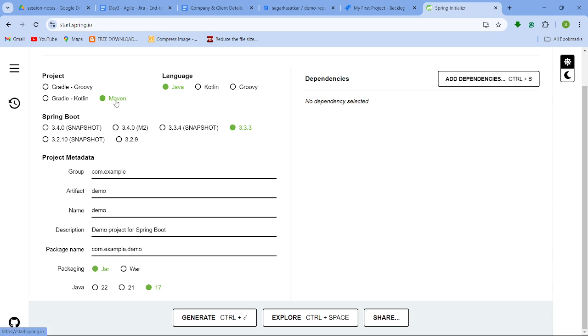Here is project. I'm selecting Maven, language Java, Spring Boot 3.3.3, group, naming as group data.demo. I'm giving artifact as Bitbucket demo, demo for Bitbucket. Name, I'm giving name as demo project for Spring Boot